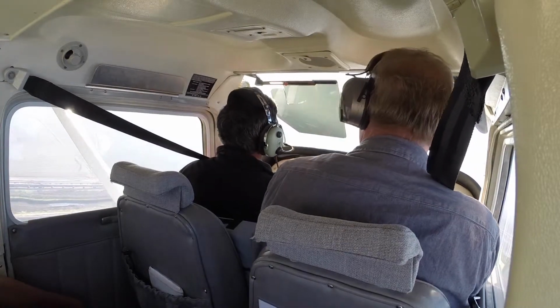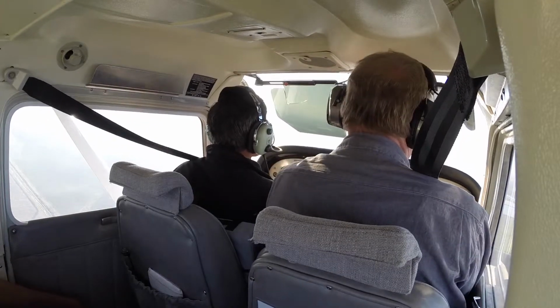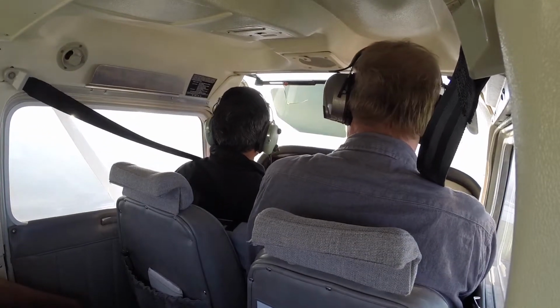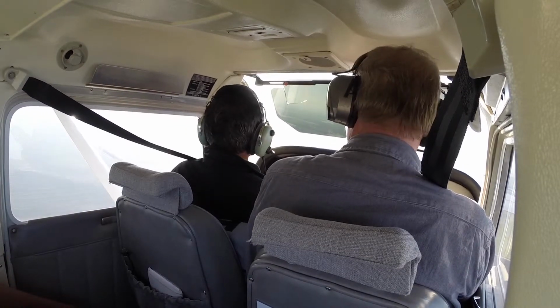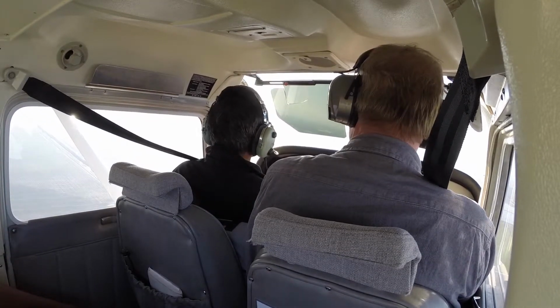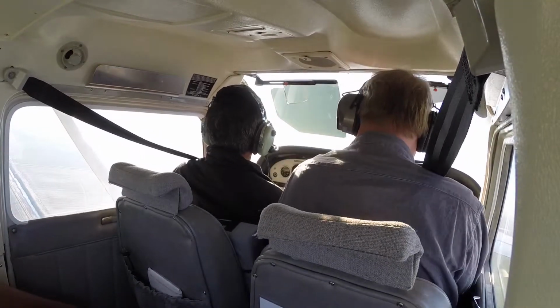Okay, here's a slip. I've got full right rudder in. I'm not going to try and land, but I want to... Now look at how fast we're coming down. You take the controls. Yeah, we're actually coming almost all the way. I want you to hold it, right rudder. I'm going to let go of everything, and you're going to...